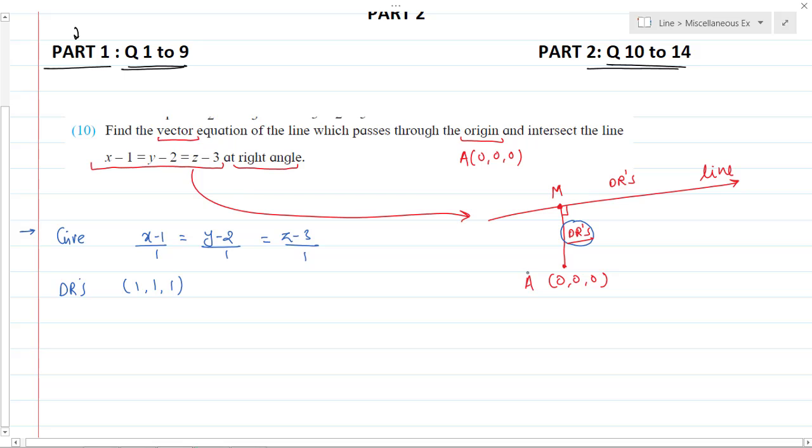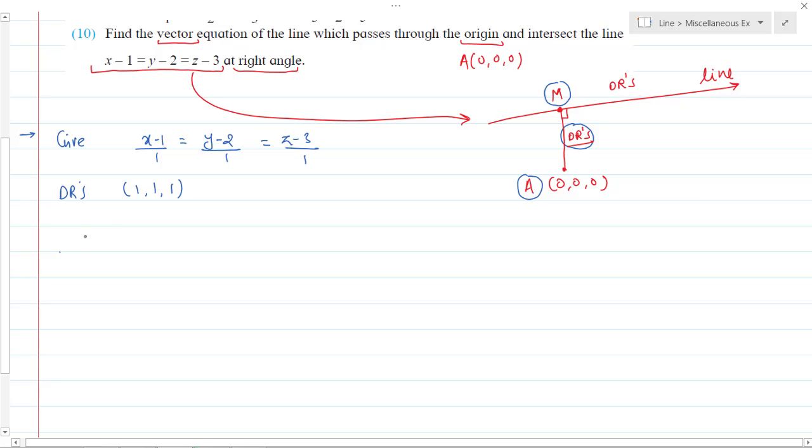Yes, I know the coordinates of point A, and if I find the coordinates of M, I can simply do x2 minus x1, y2 minus y1 and z2 minus z1, and find the direction ratios of AM bar. Now tell me how you will find the coordinates of point M. Step number 1: how will you find the coordinates of M? We know that M lies on the line,